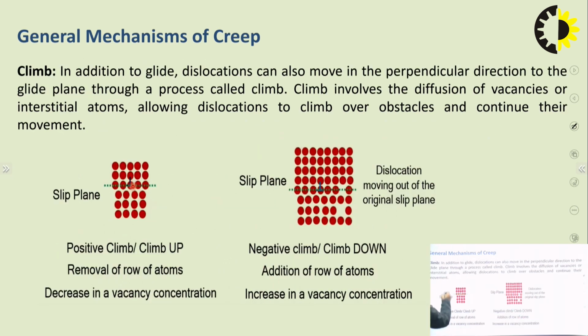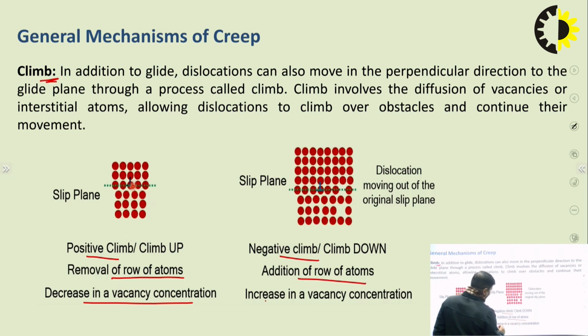Second one is climb. Climb can be positive climb or negative climb. Here you can see this slip plane can go up, like by default. Suppose some slip planes are present in any material, either they can go up or go down. Here it is shifting down and there it is shifting up. So why is it happening? Removal of a row of atoms decreases the vacancy concentration. Here addition of a row will happen and an increase in vacancy